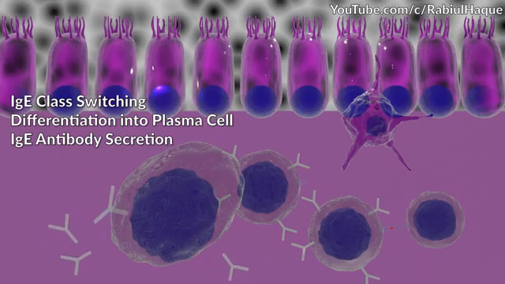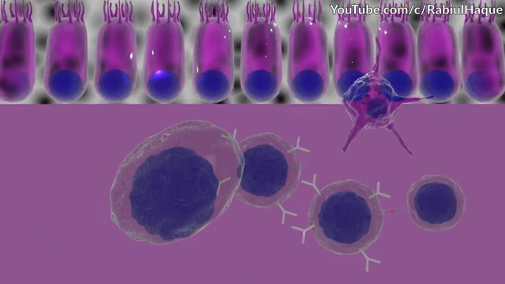The secreted antibodies will now go to the mast cell, and there they will bind to the surface of mast cell, since the mast cell has receptors for the Fc portion of immunoglobulin E. The receptor is called Fc epsilon R1 receptor. The immunoglobulin E coated mast cells are called sensitized because they are sensitive to the next encounter of the same